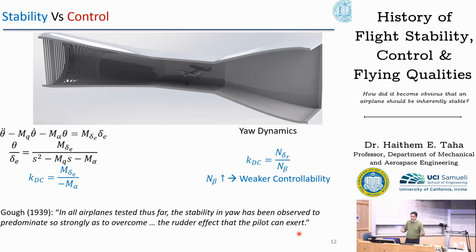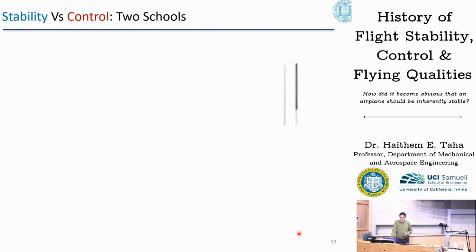We talked about this in class several times, right? A too stable airplane will vigorously reject and resist disturbances, and it will not distinguish between a real disturbance coming from the surrounding environment and a disturbance that is coming from the pilot in the form of a command or a maneuver. So it will reject both in the same way. That's the issue here.